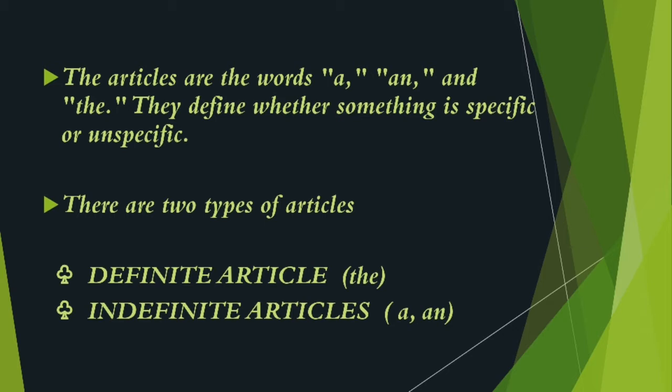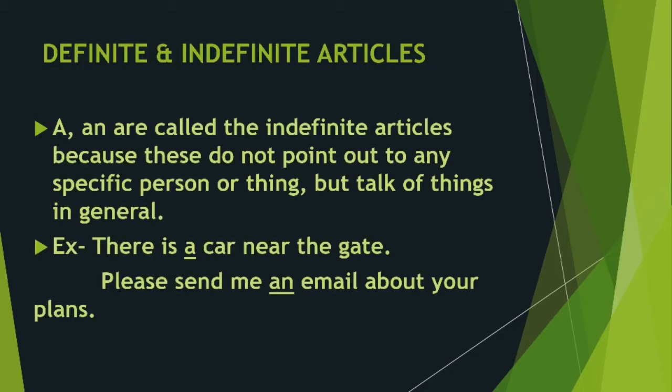So definite article is the. Definite article कौन सा होता है? The. And indefinite articles कौन से हैं? A and an. Okay, these are definite and indefinite articles. Now how you will learn them? Definite article means जो definite चीज़ होती है, specific, और हमेशा specific या particular चीज़ के साथ the use करते हैं. Okay, so the क्या हो गया? Definite article. And indefinite, which is not specific, which is general, उसके साथ हम क्या use करेंगे? A or an. Okay, so indefinite articles कौन से हो गए? A and an. Okay, so definite article is the, a and an are indefinite articles. Okay, now let's see about them in detail.